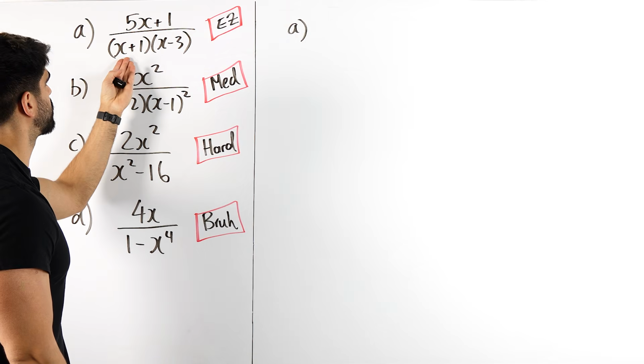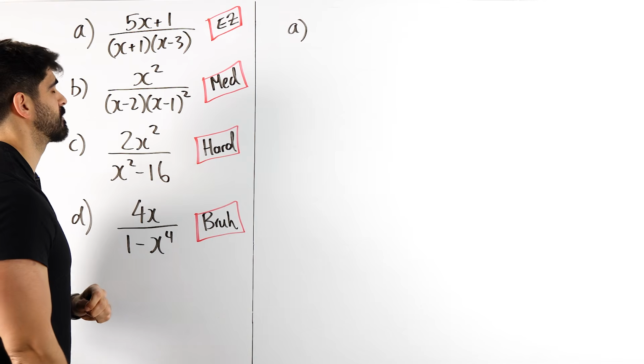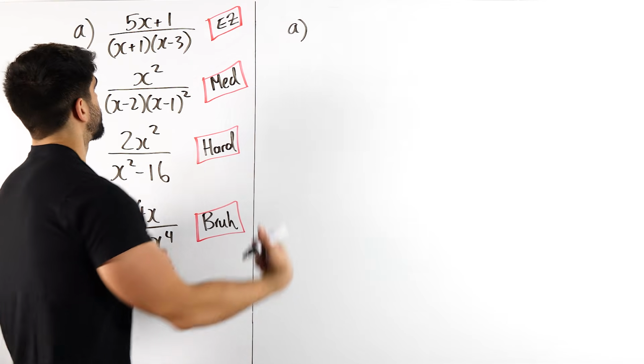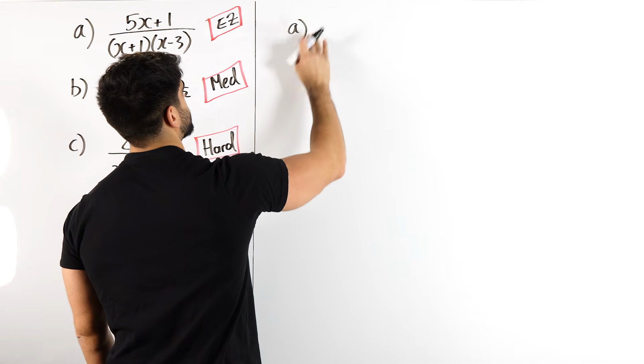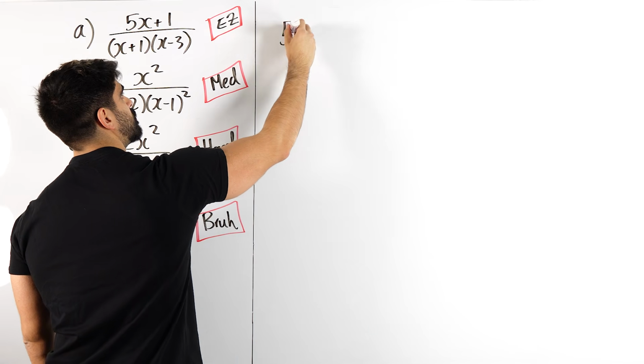So for the first one, we're literally saying, what must have been added together to make this fraction? Well, it would have been one fraction with the denominator of x plus 1 and another fraction with the denominator of x minus 3. Now you have to remember that when we do split things up,